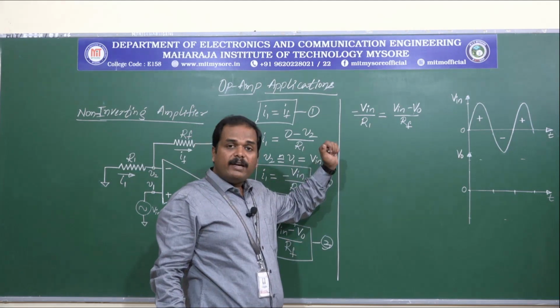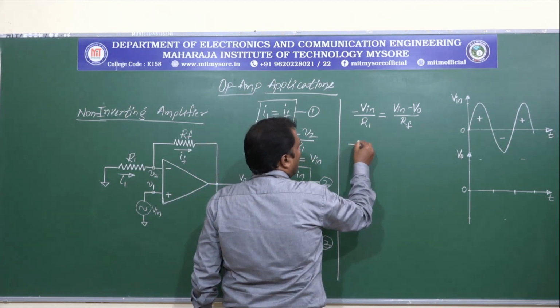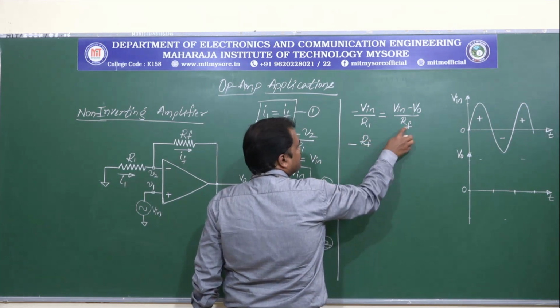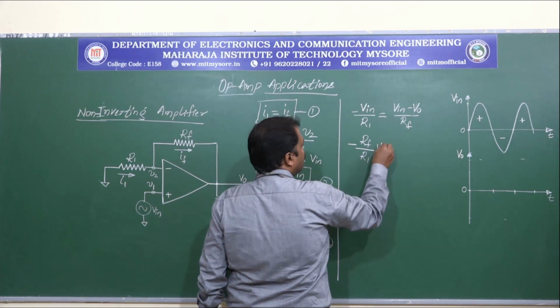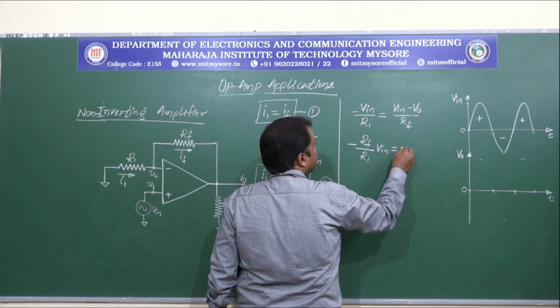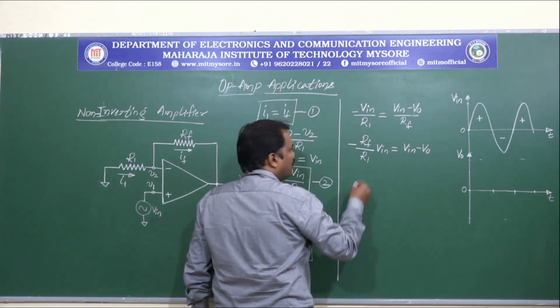So with this we will find out the equation for V0. So this can be written as, sending RF to the numerator, minus RF by R1 into Vin is equal to Vin minus V0, so that